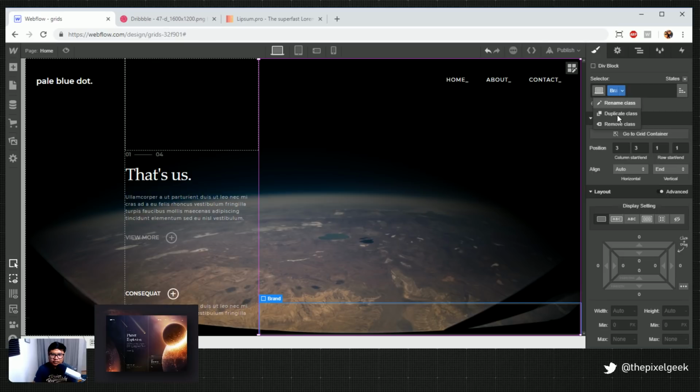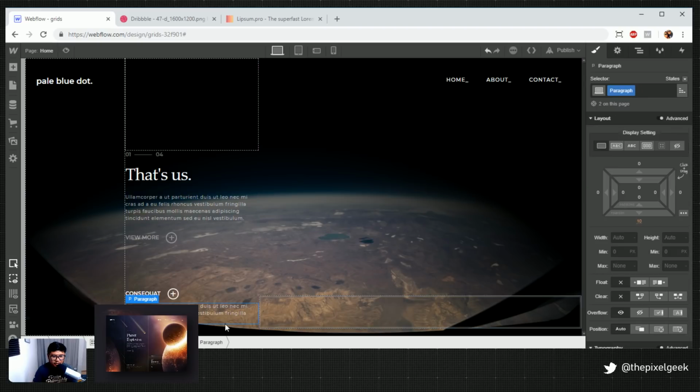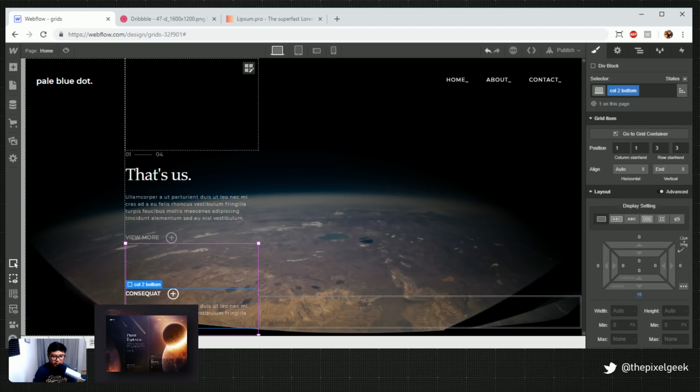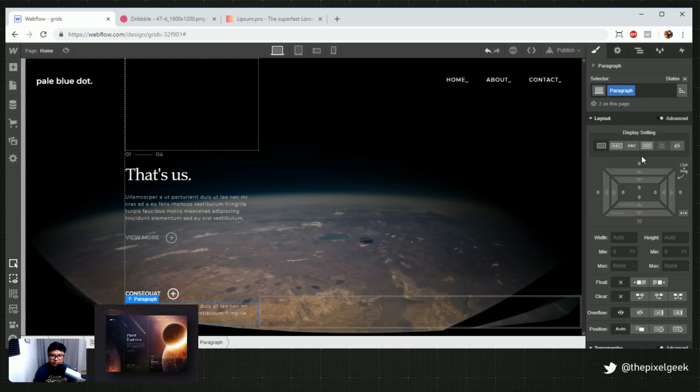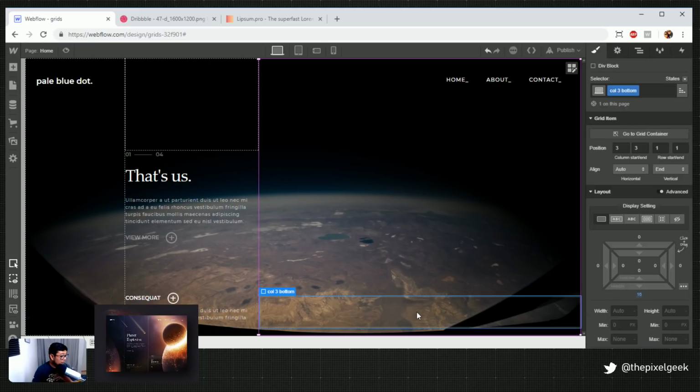What? Brand? No. Remove. Okay. Call 3 bottom. And I want to push this away by like 16. Wait, how far is this? Oh, what? 0. There we go. All right, cool. They're on the same baseline. Awesome.